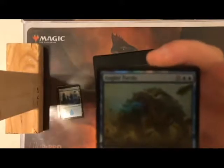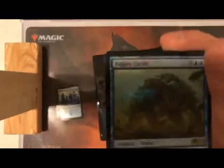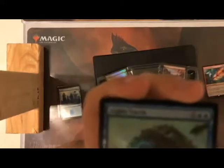I don't really know. I like the hexproof, but I don't know what it really adds unless you're running a lot of creatures. I would say you could run this in blue-green maybe. But I don't really see too much utility other than the fact that it's a 5/7 with hexproof, which is pretty nice. All right, next up,